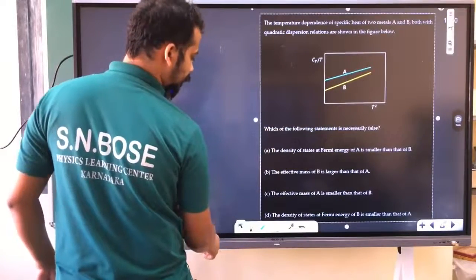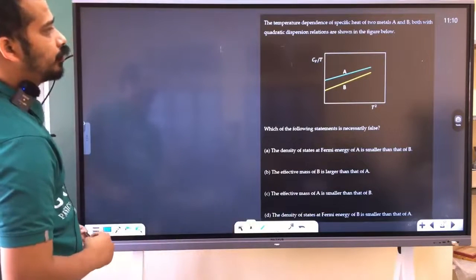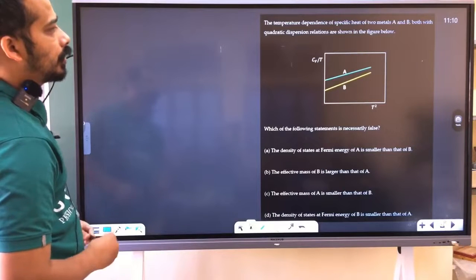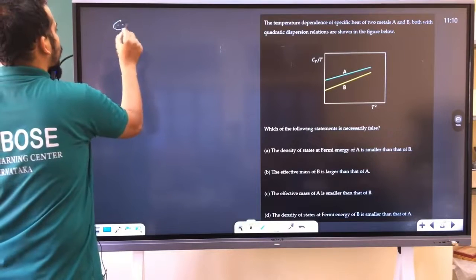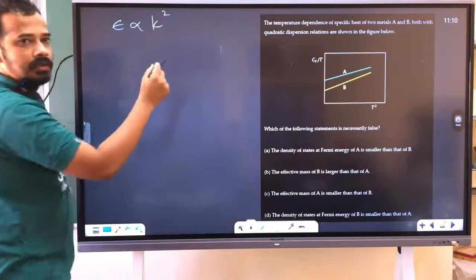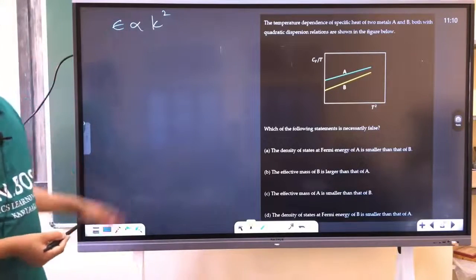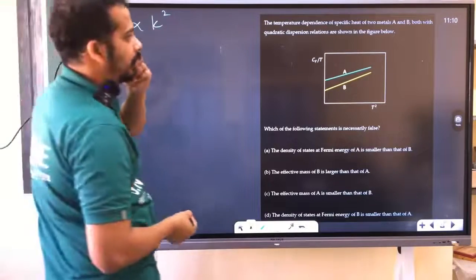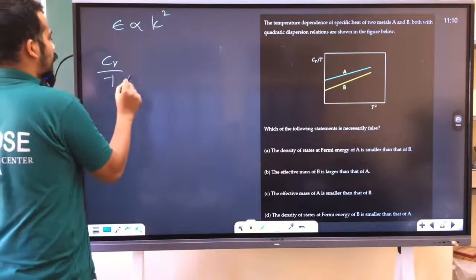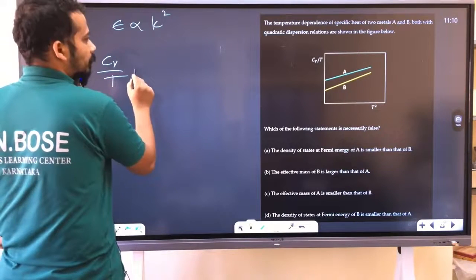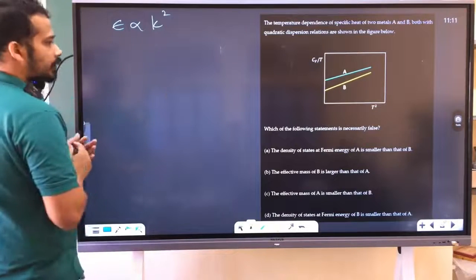Can you guys see this one? The temperature dependence of specific heat of two metals A and B, both with quadratic dispersion relation. Quadratic means E is proportional to k squared. That's the usual non-relativistic equation, isn't it? Shown in the figure. What they have plotted is Cv by T versus T squared. If that is a straight line,